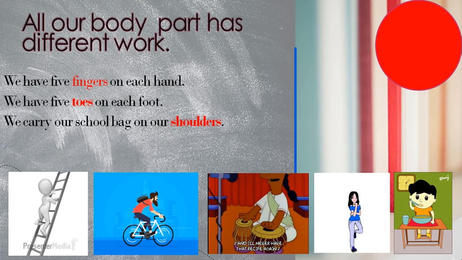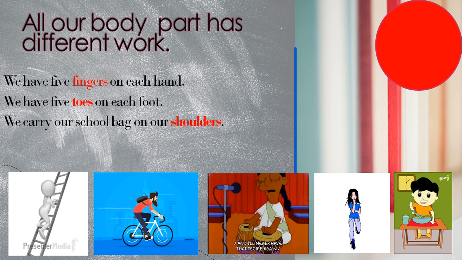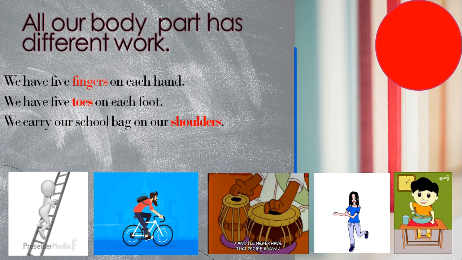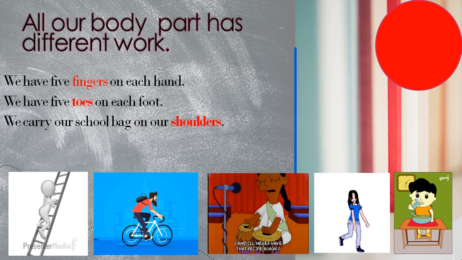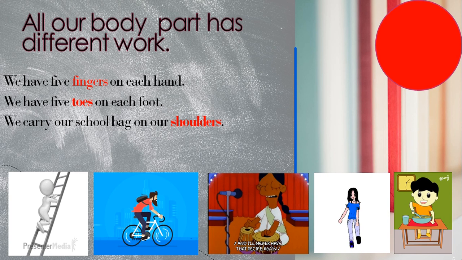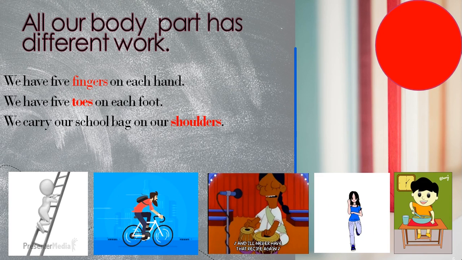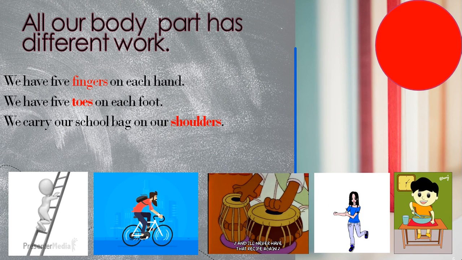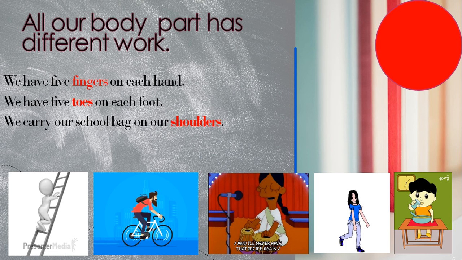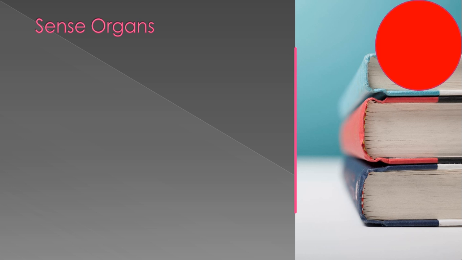On page number 17, there is activity time. You have to tick the activities in which you use both your hands as well as feet. Here are some pictures, so you have to tick the ones in which we do the activity with both our legs and hands. Now let's go to the next